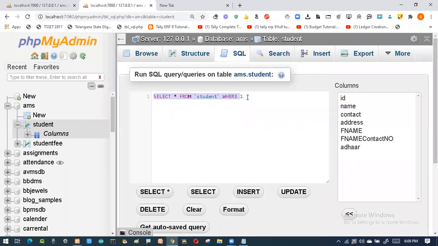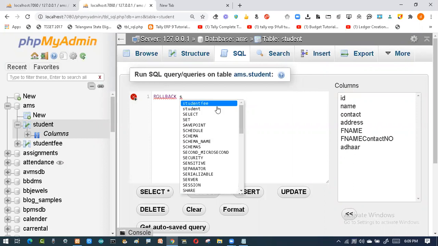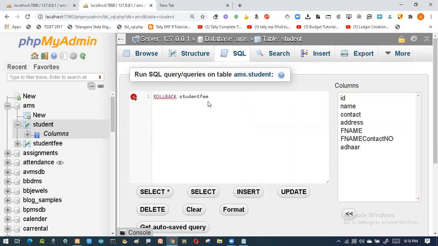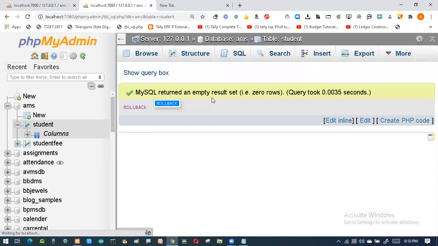So I'll be using rollback. Whether it will work or not, we'll see. So the transaction has not got it back because it has been saved over here.